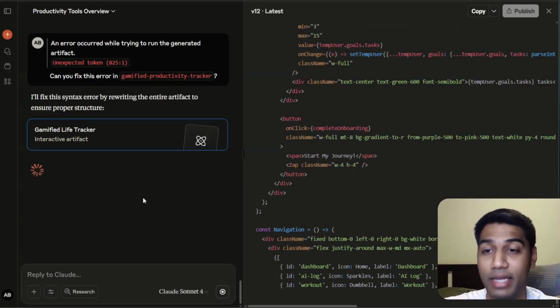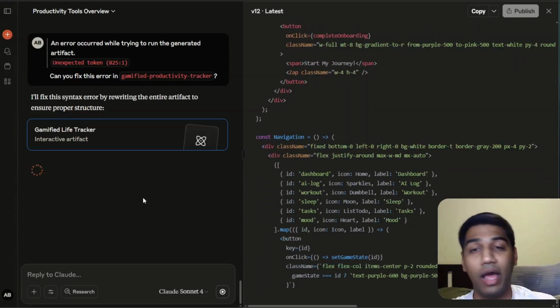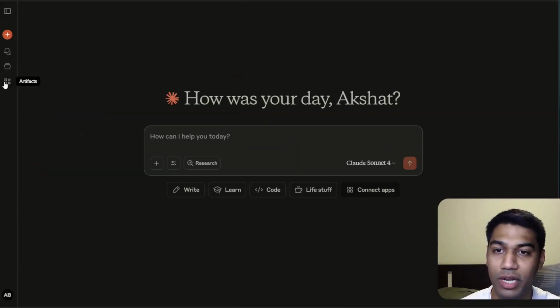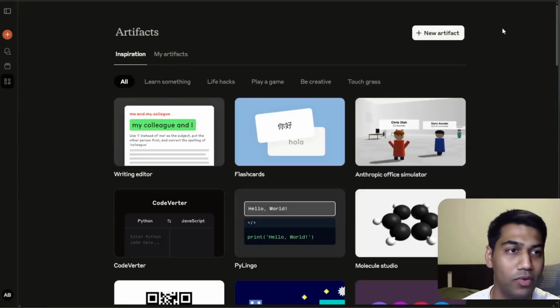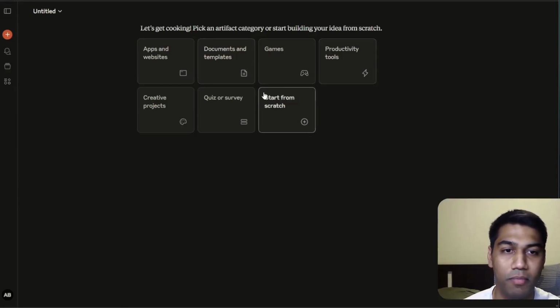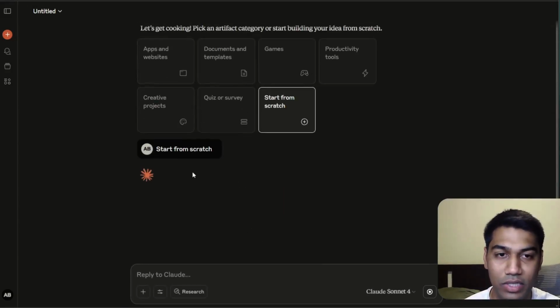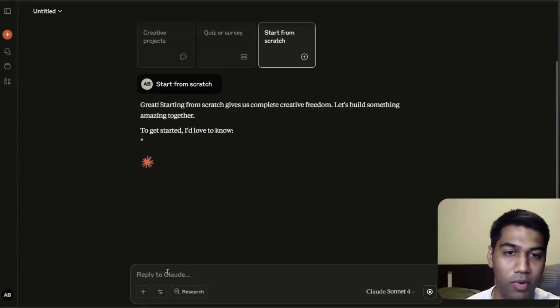So technically, if you're creating an AI app, actually start by saying that I want to create an AI app, right? So I'll show that to you as an example. You can click on artifacts, and then you can click on new artifact. And then once you click on new artifact, you can select one of these options. But instead of just selecting this option, actually suggest that, create and start, I want to build an AI app, right?